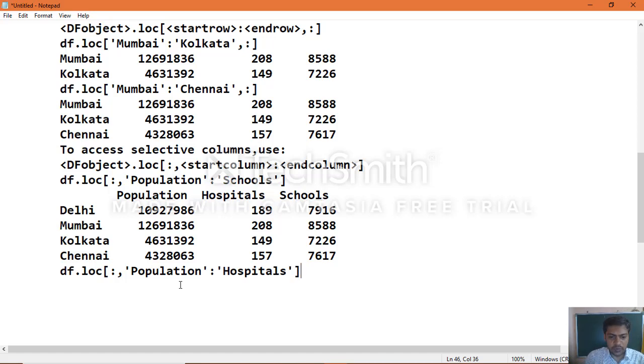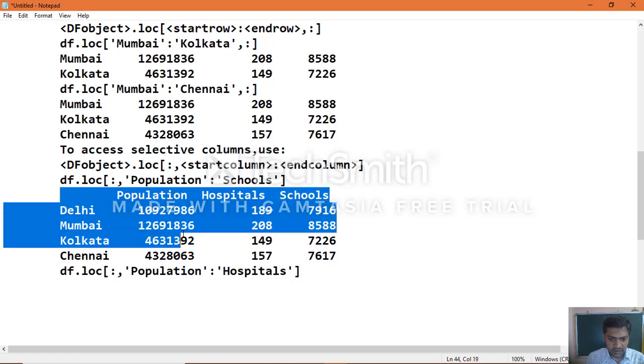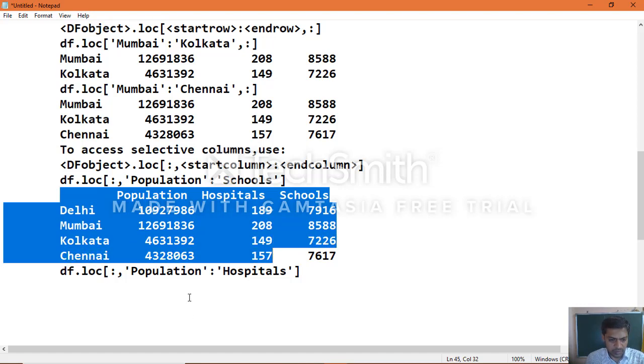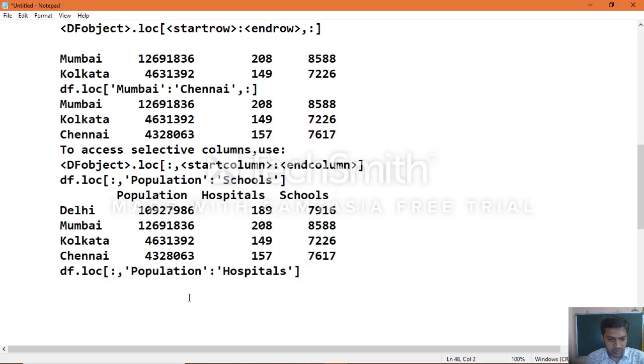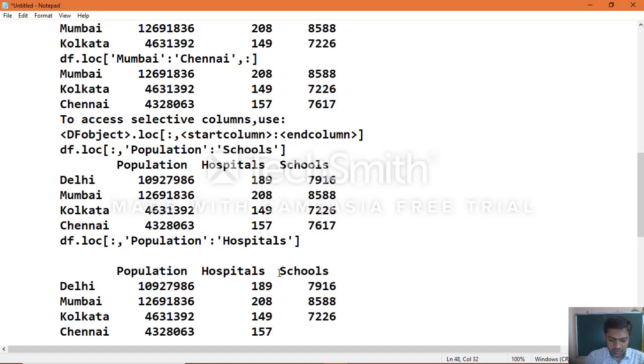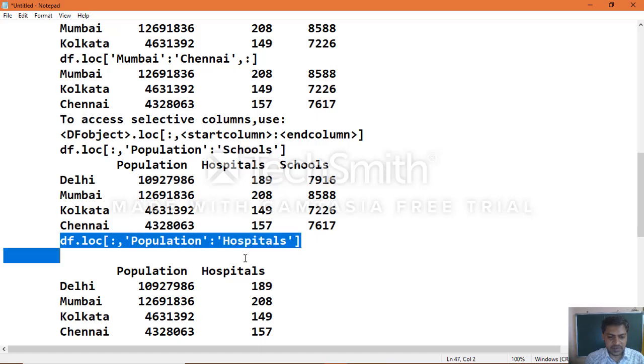Now we will get the output only for the population and hospitals information, and the schools column you will not get. This is the output you get when you apply this column access statement to your data frame object.